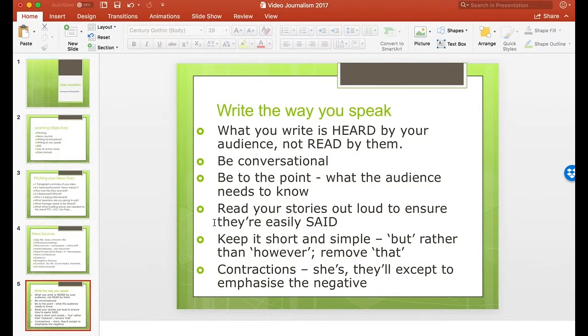So when you write for broadcast, you need to be heard, so it's not read. So try to be conversational in the way you write for broadcast. Be to the point, because the audience just wants to know what they need to know. They don't want to listen to any fluff. So before you go out and read things, read your stories out loud and ensure they're easily said. Keep it short and simple,